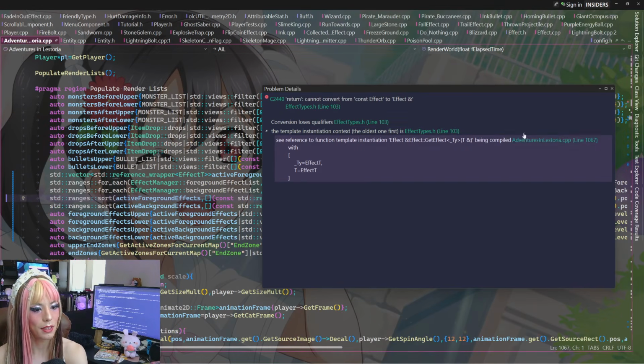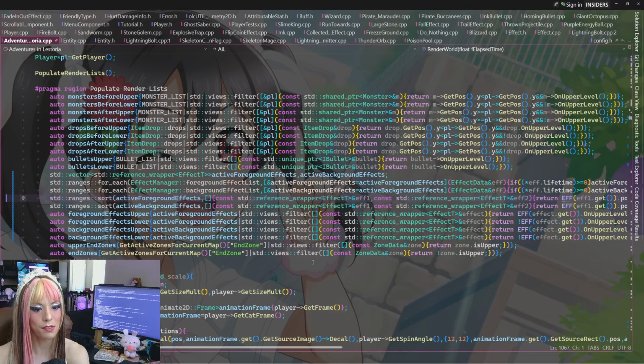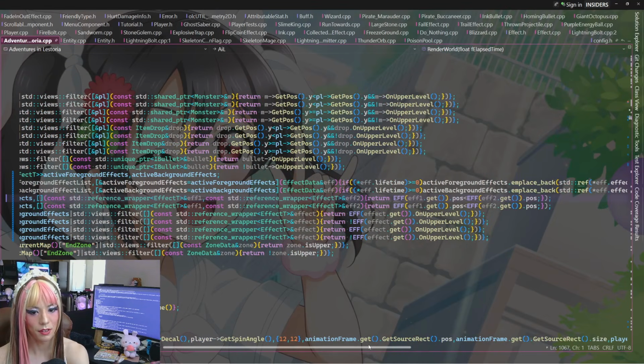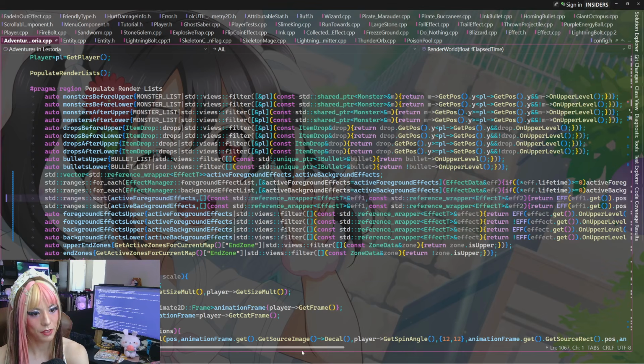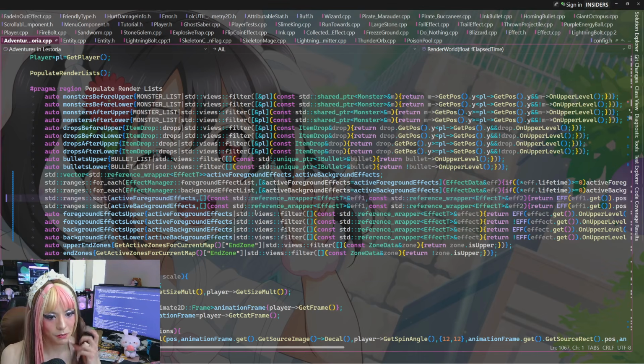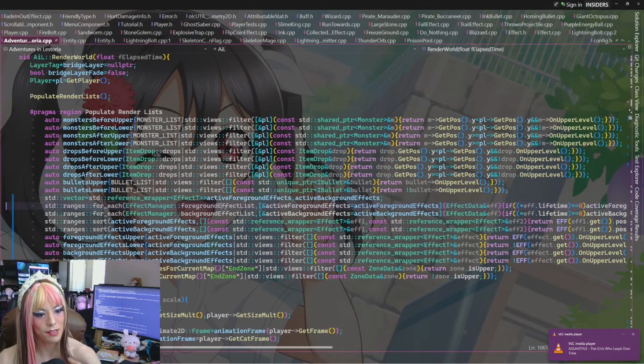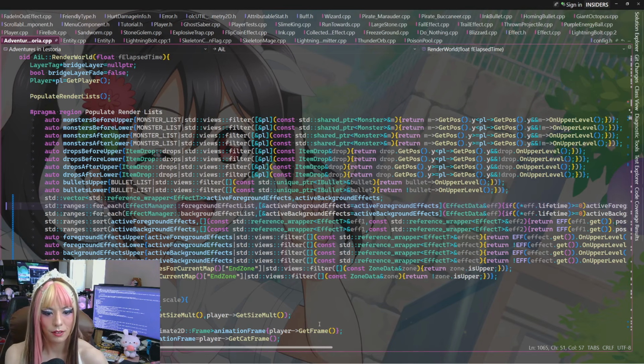Get effect being compiled. Effect T. Return cannot convert from const effect to effect reference. Let me see here. So this is... cannot convert from const effect to effect reference. These are... so active or not active. A foreground effects list is just a list of effect data.